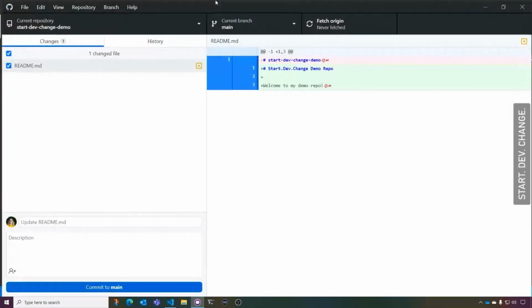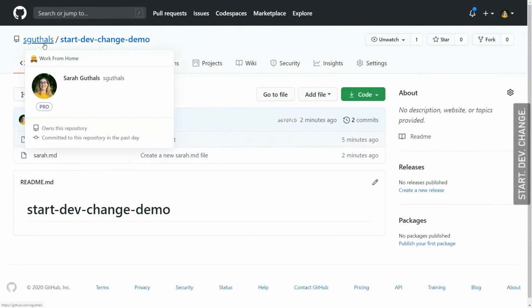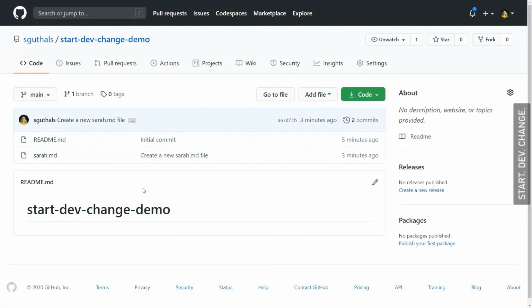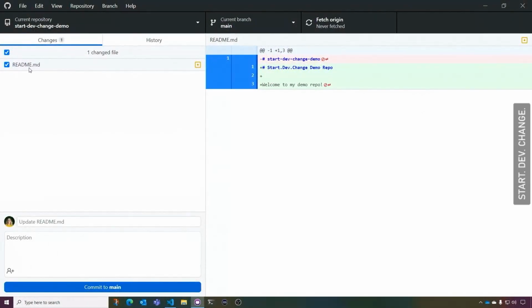Where's my, oh, I know where it is, here. We can see that those changes to the README didn't get updated. So for example, if I refresh the page, there's no changes here, because we didn't actually push those changes. So we've saved them. Now we're going to create a commit. So updating the README